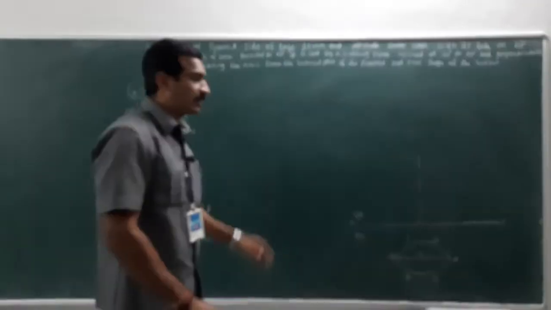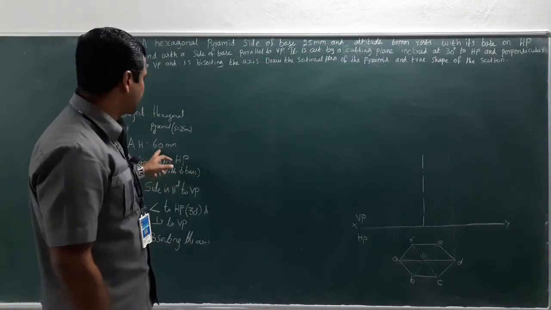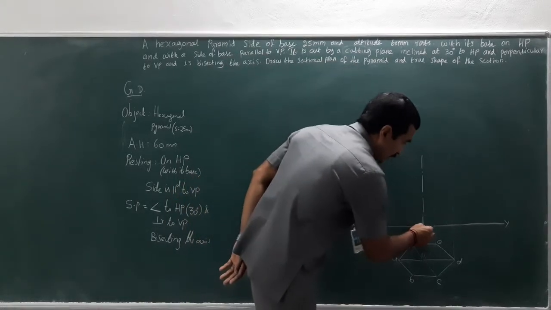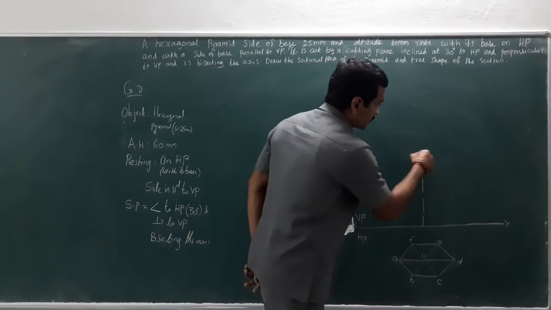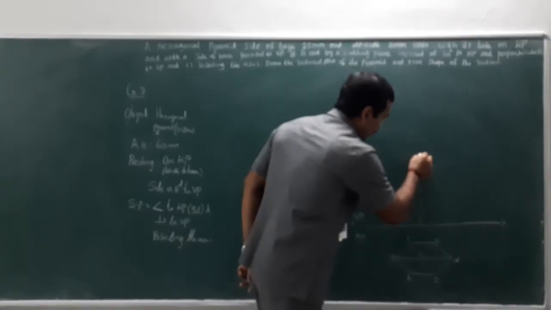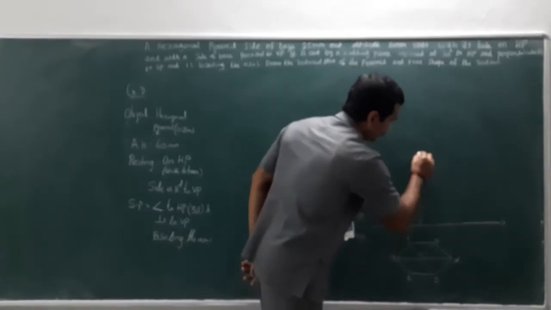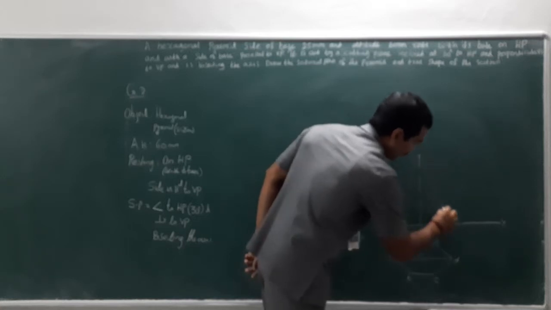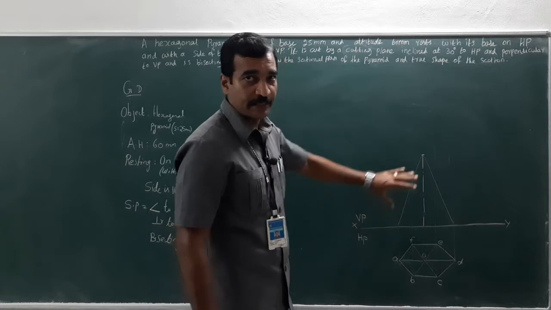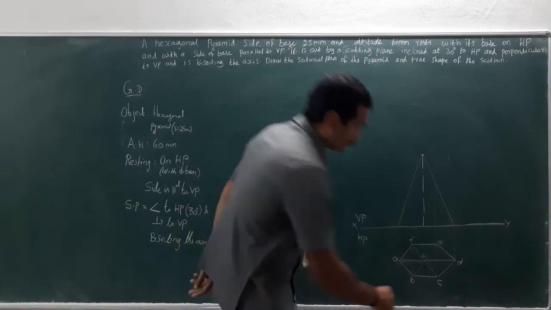So, what is the axis height of this particular object? It is 60 mm. So, take 60 mm from the reference line and cut an arc somewhere here. Now, I am going to close the boundary. So, this is the shape you will get in the front view. When you look at it from here,